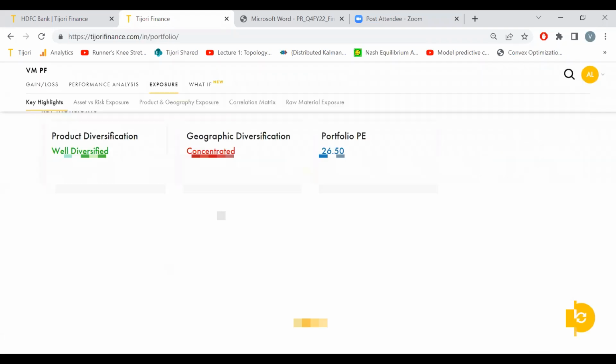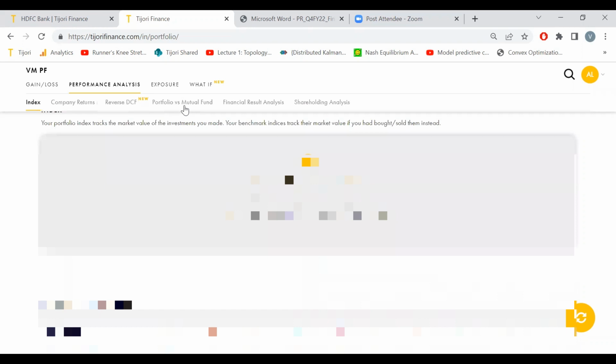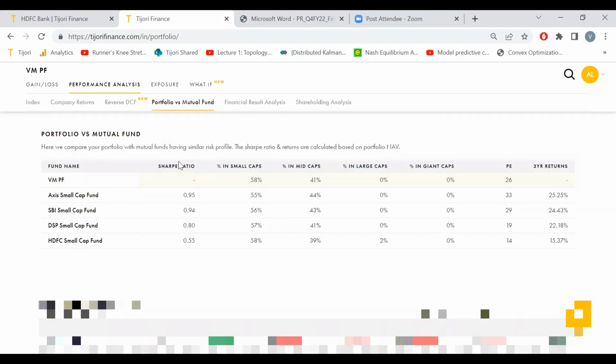Yeah, so we go one step further also. Based on your exposure to small, large, mid, if I go to performance analysis, we compare it because according to us, if you're putting in direct equity, then you need to see how it compares to similar mutual funds at least first. For example, this portfolio has 58% in small, 41% in mid, and 0 in large.